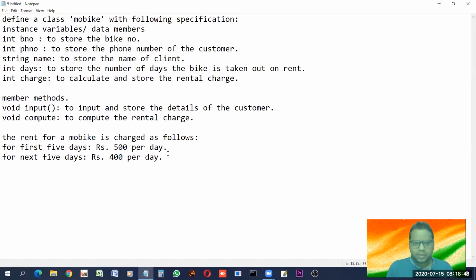This is how you have to think. Most of you do what? Directly multiply 400 into 7. This is wrong. You'll get your marks deducted. So please